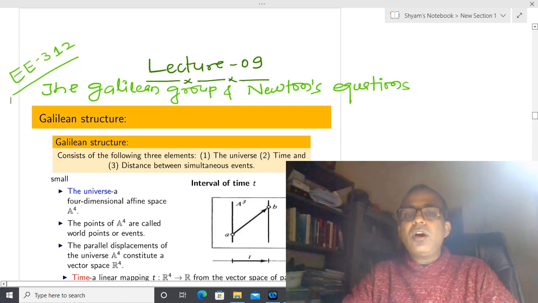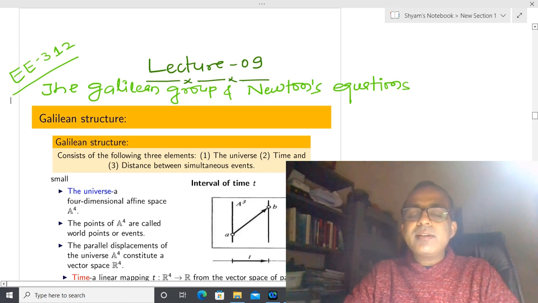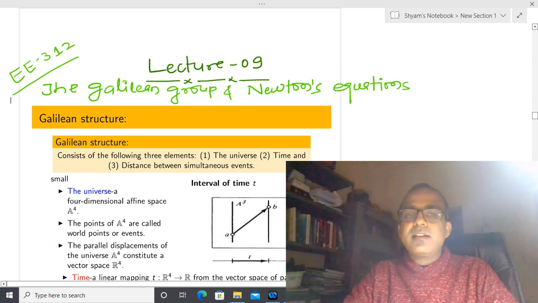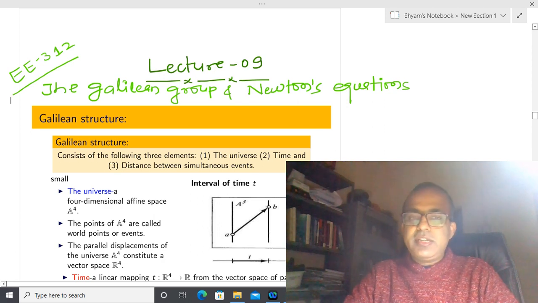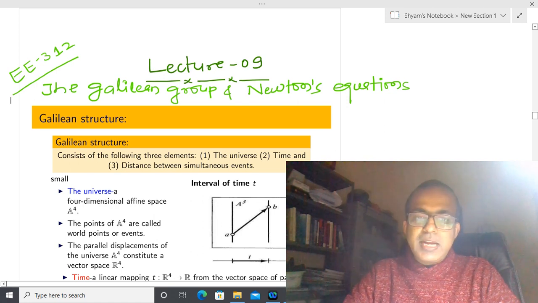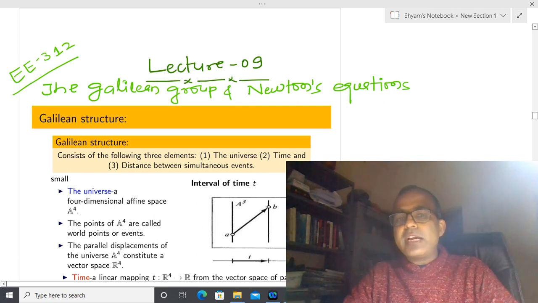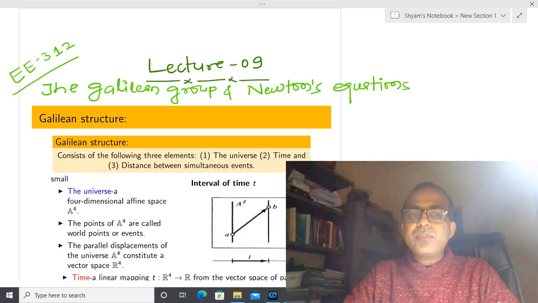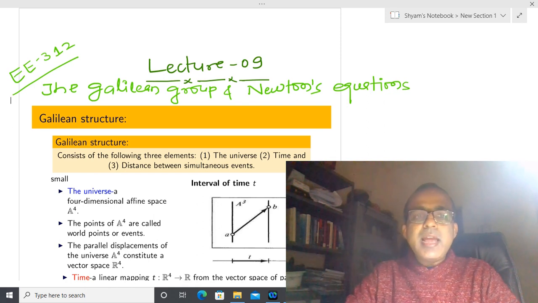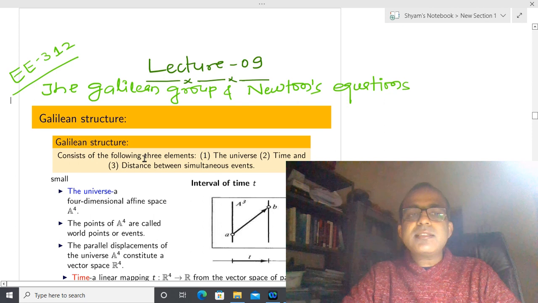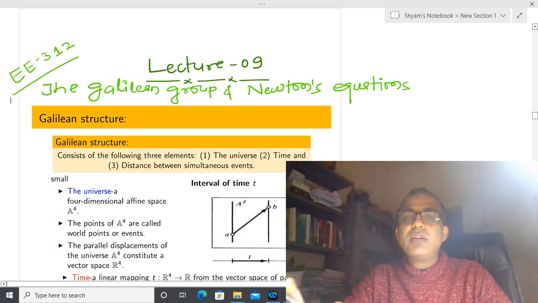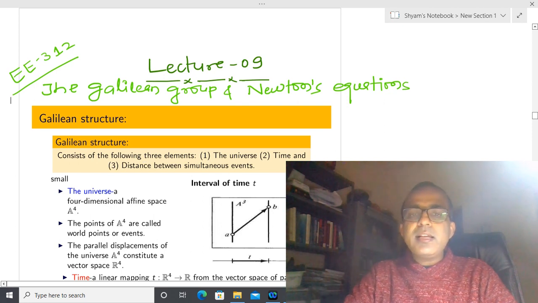what we want is that whatever law we are going to formulate, that should be consistent irrespective of the time. So some laws might be a function of time, some laws are not a function of time. We are just trying to categorize those kinds of laws which are not an explicit function of the time. And in the previous class we have seen that whenever we are talking about Galilean structure, then